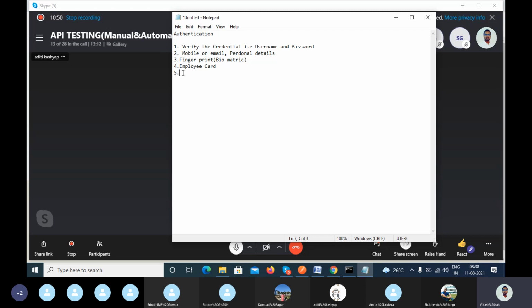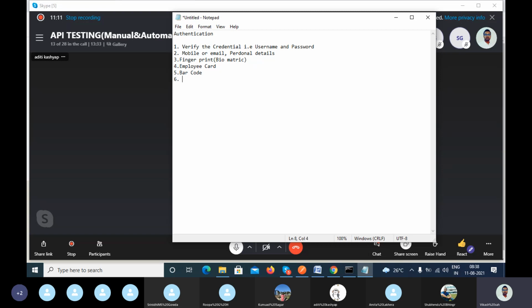Another way is the barcode reader. If you scan the barcode, then you can enter into your application. So this is also one way to authenticate the application.